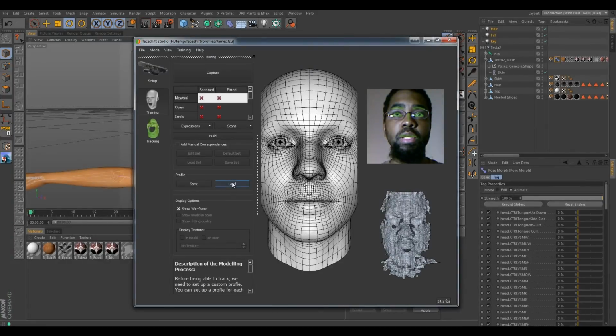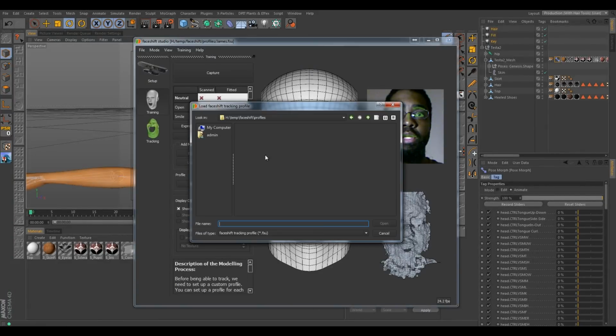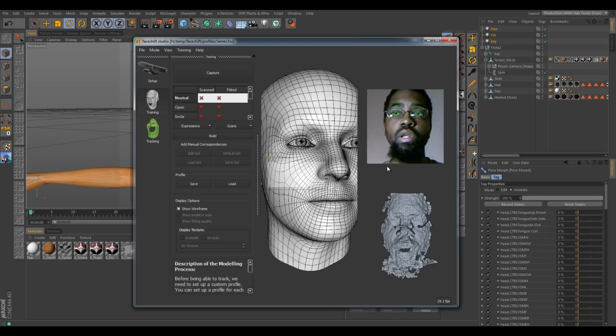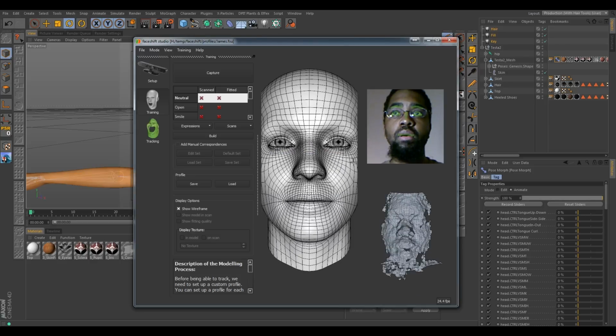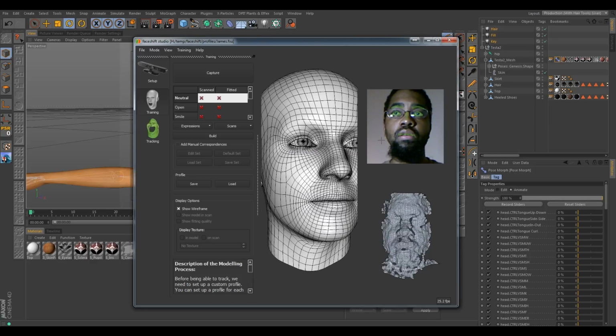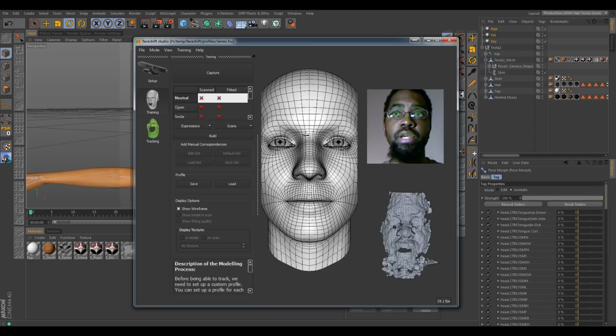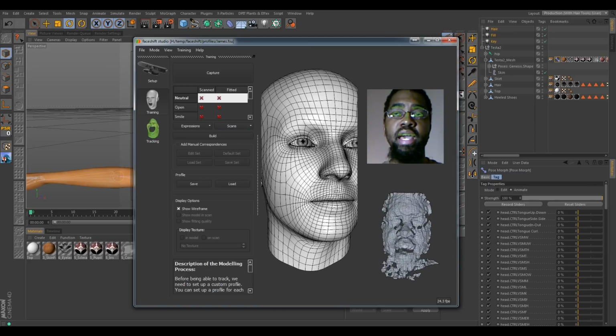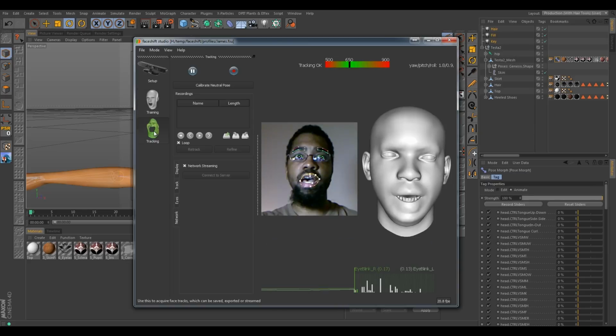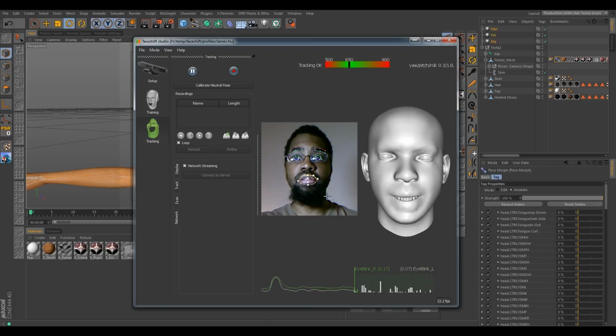But I'm going to go ahead and load in a previous profile that I've created that has a better track of my face. The profile that I'm using here, I don't think I've gotten the best performance out of it. As you can see, it doesn't really look like it's getting a completely good read on my lips and my different cheek expressions.